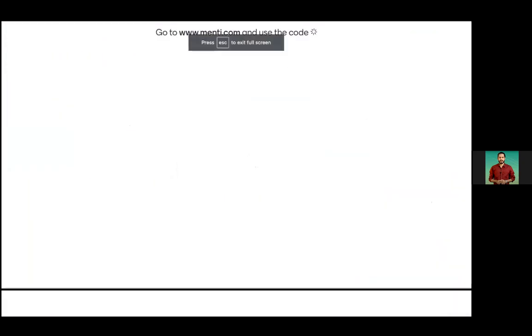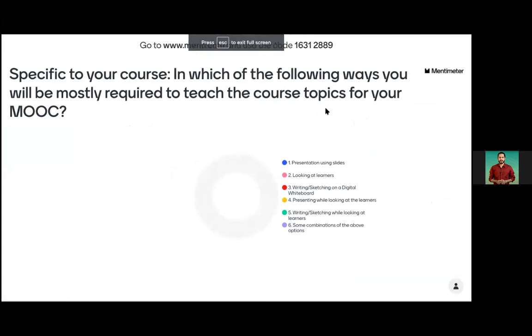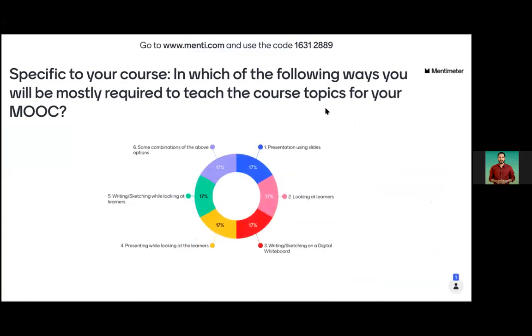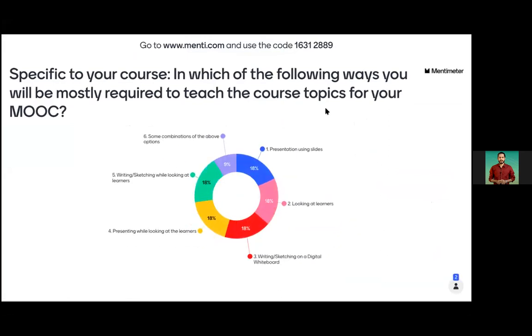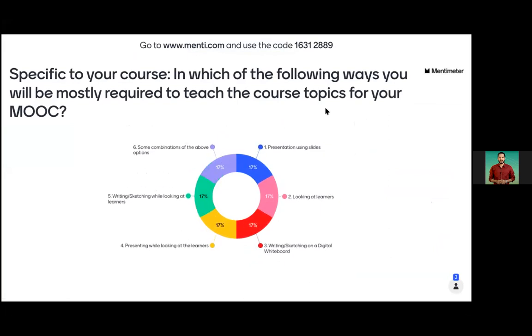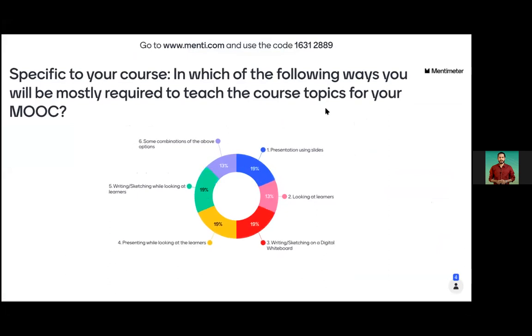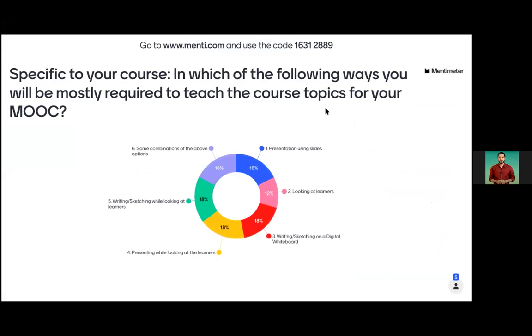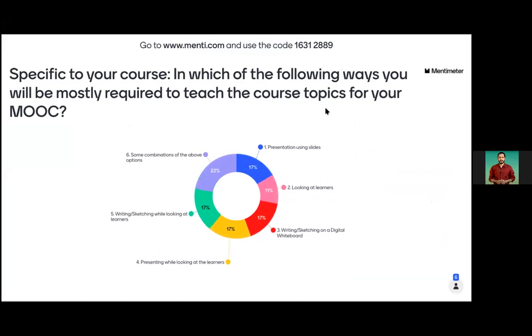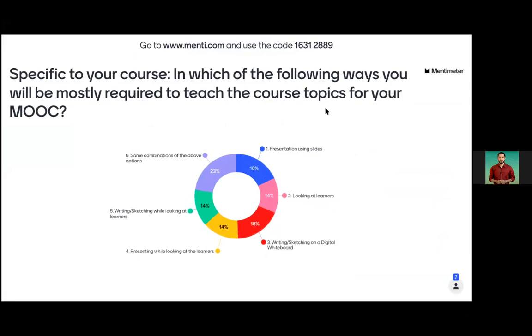Here you can see responses are coming up, popping up. All of you can also see that. This is specifically to make you think about your preferences, because I don't know if you are creating your videos or not, but in case you want to, it will help you to think before you actually go for making your videos. It will also allow you to know more about different video formats.